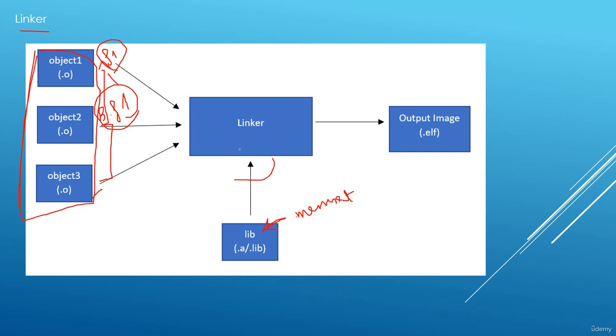Therefore, we need to give as input to the linker, besides this list of object files, the list of the external libraries where those functions are defined. So any objects or any libraries needed to resolve an undefined function or symbol must be provided as input to the linker. Of course, besides those objects and libraries, we need some additional input, which is a set of options